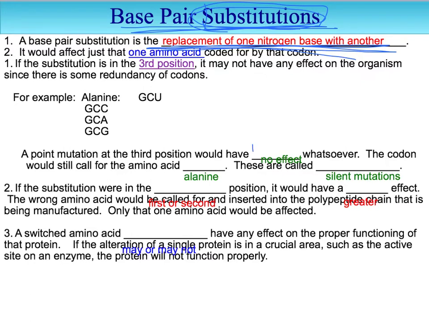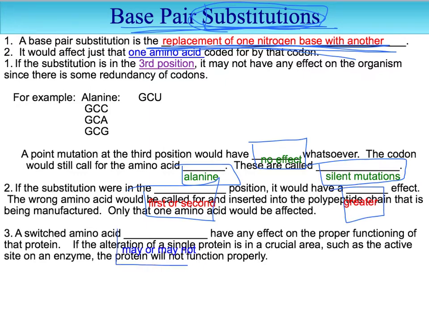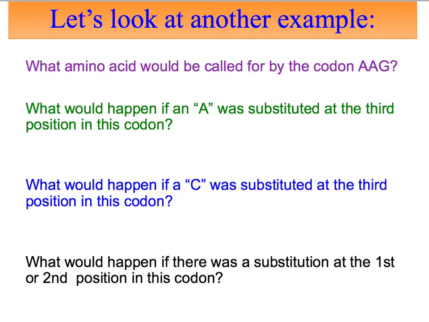So in this blank, it should say no effect. And this would call for alanine. These are silent mutations, meaning we really don't know about them. In our bodies, we have many, many mutations that we don't even know about because remember, it's just a change in that DNA. Substitution in the first or second position would have a greater effect. A switched amino acid may or may not have an effect on the proper functioning of that. Okay,